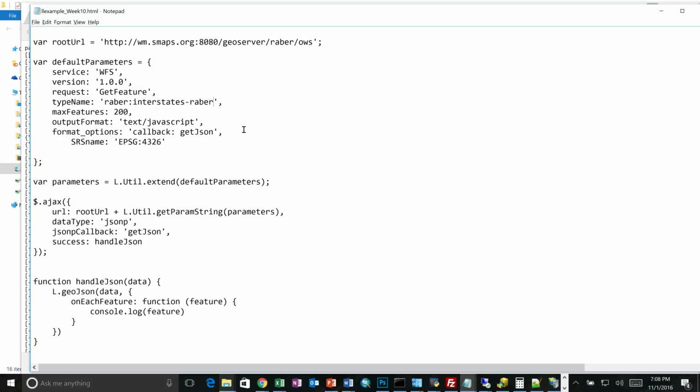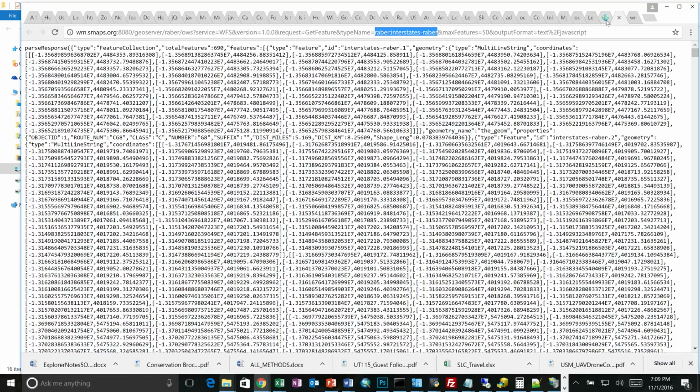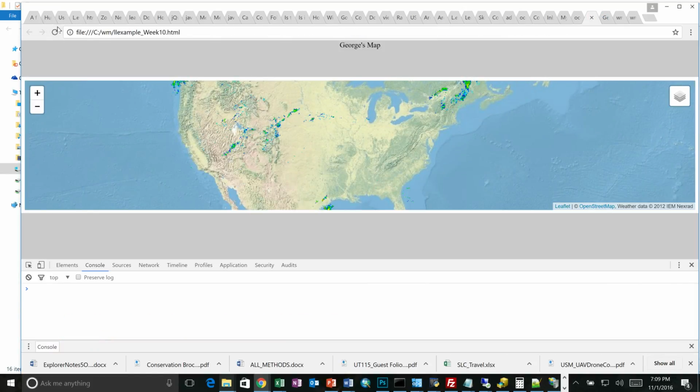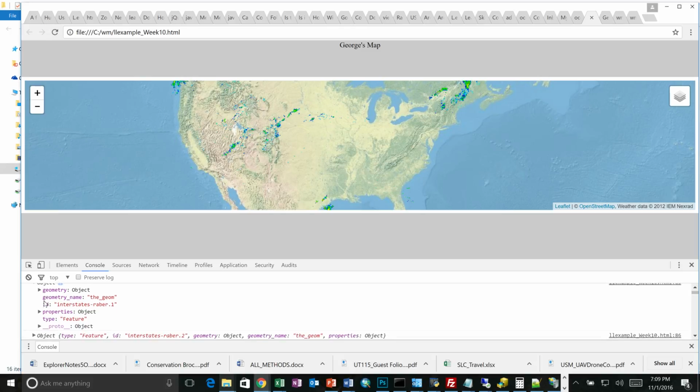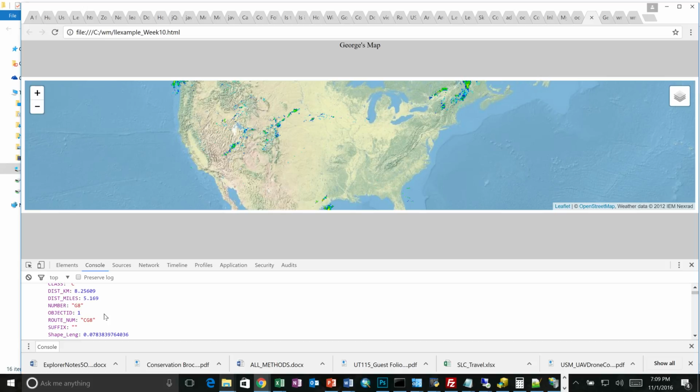File, save. Once we change those two things, I'm also going to change the max features to 2,000. I don't think there's more than 2,000 interstates in the United States, so it should get them all if we say 2,000. And then now I'm going to go back to our little map, hit refresh, and there they are. So we've got all of our features coming in. Let's see what some of the properties are here. The distance, the number, the route number,